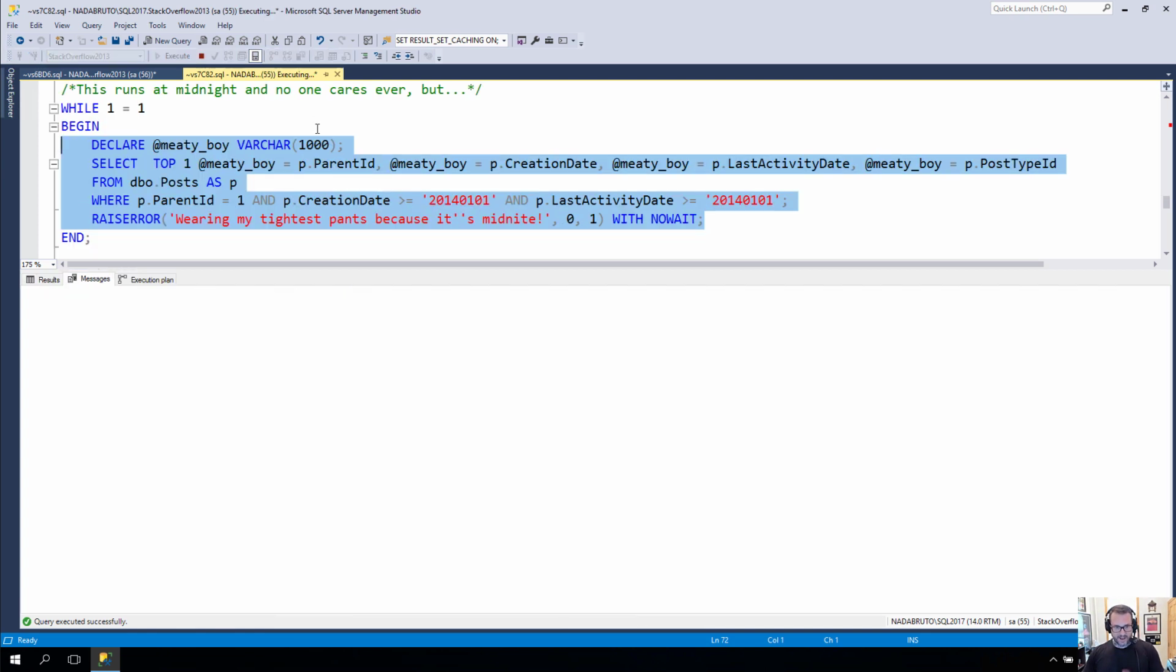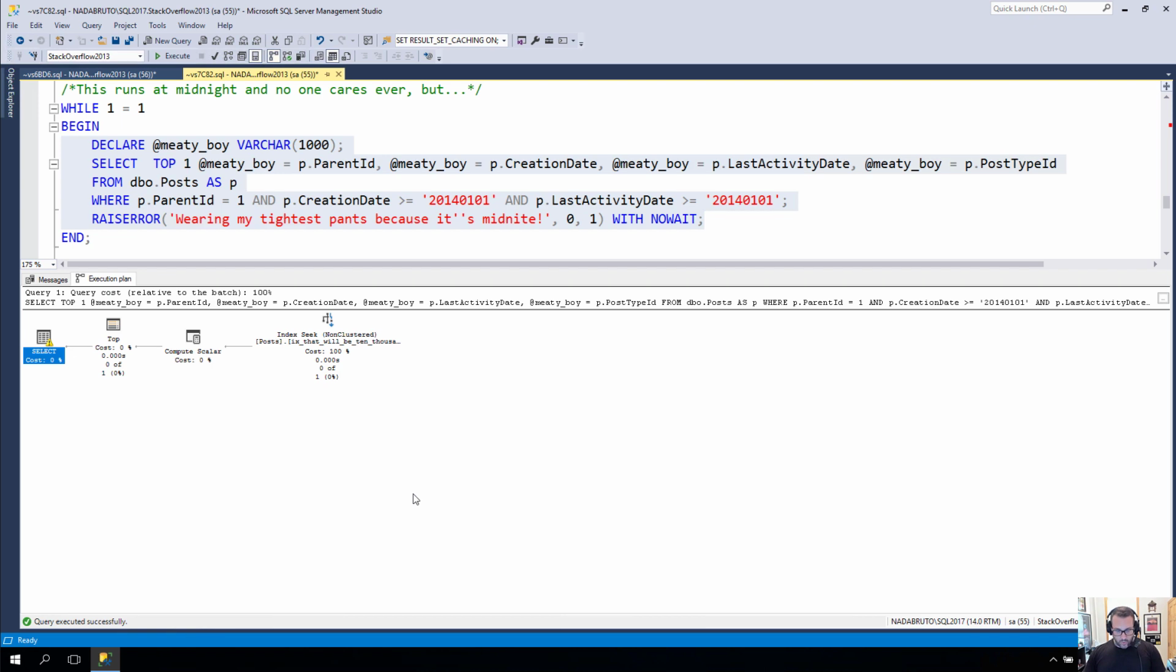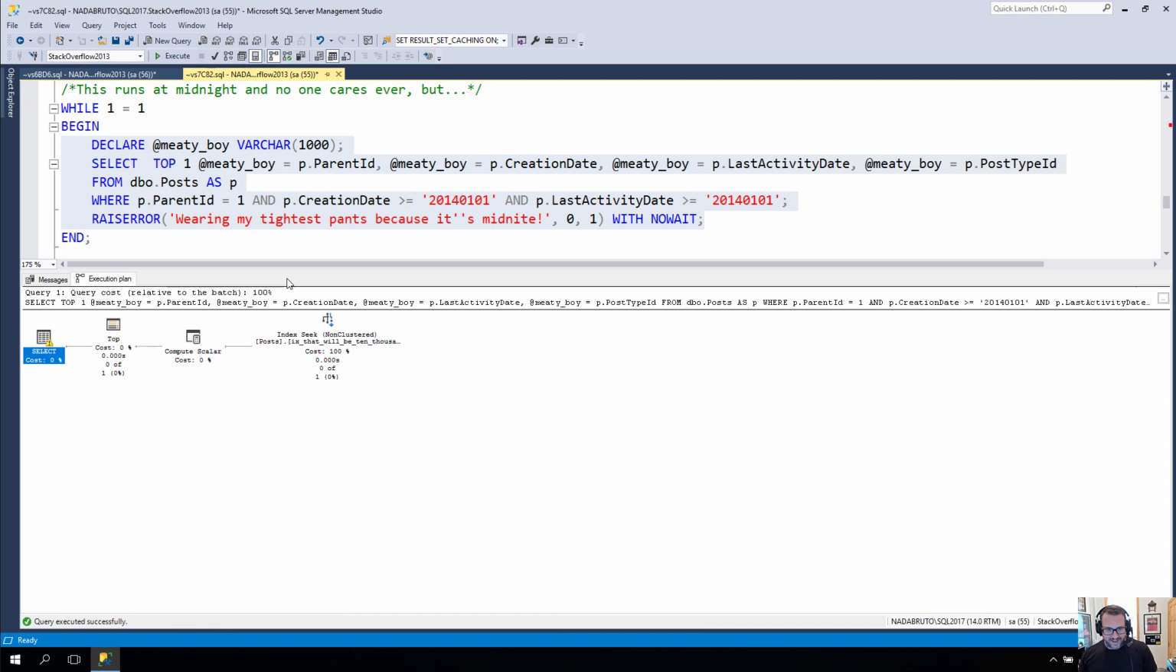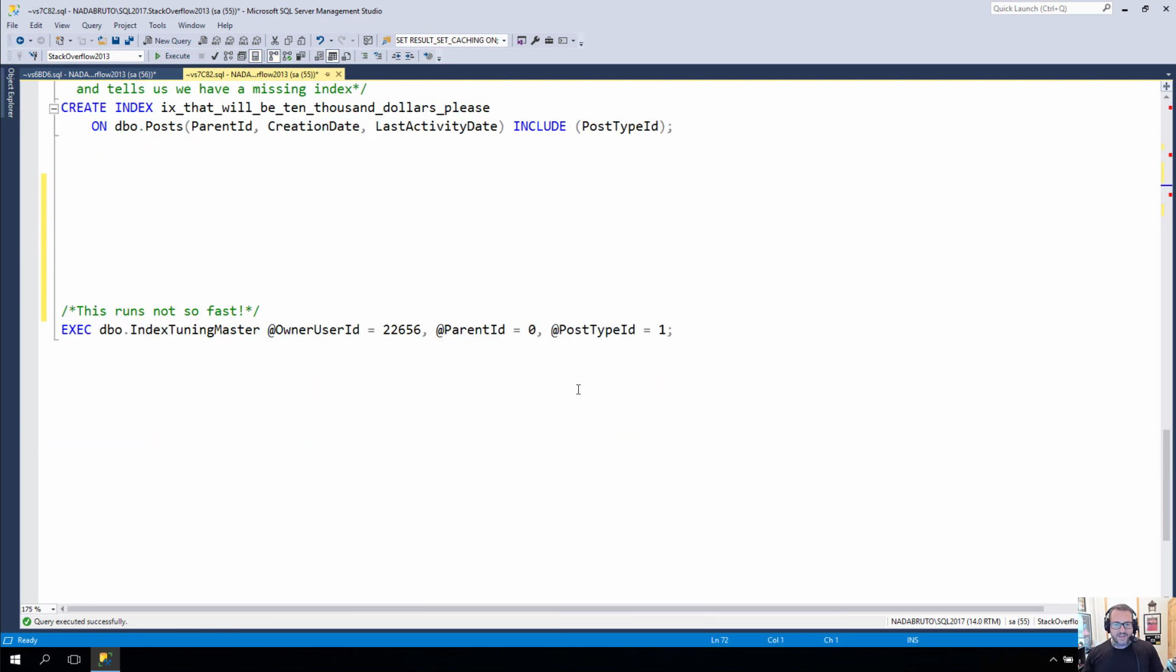If we turn query plans back on and look at this query, holy smokes, that is zeros. Look at zeros. All zeros. We didn't spend anything doing this. What an amazing index. What a fantastic index. That's the best index that's ever been created. Except now,